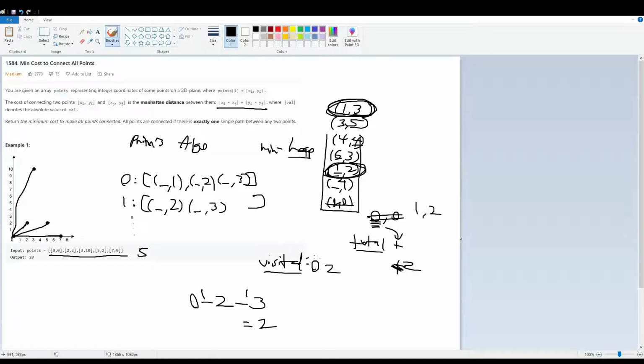Okay, and then we pop 3 and add all of its children. We can have repeat children in here, but it's okay because we're only popping the minimum every time. Add 3 here, okay, etc. And that's how Prim's algorithm is going to work. The runtime of this is, so we're going to be popping from the heap